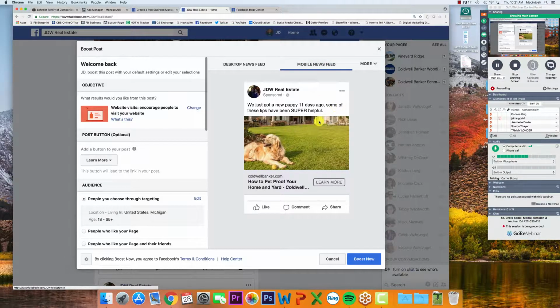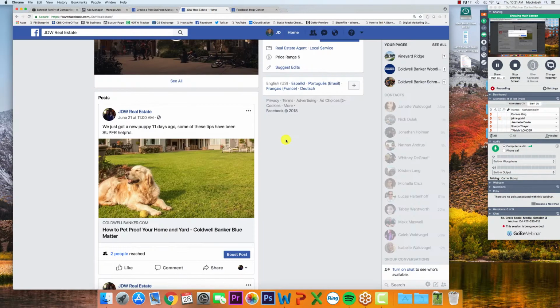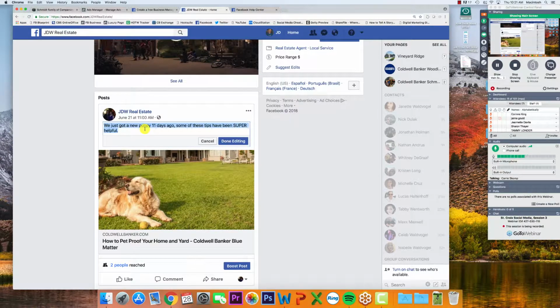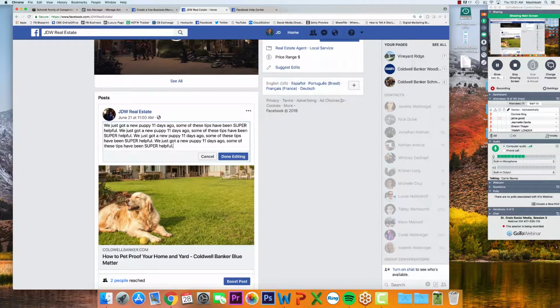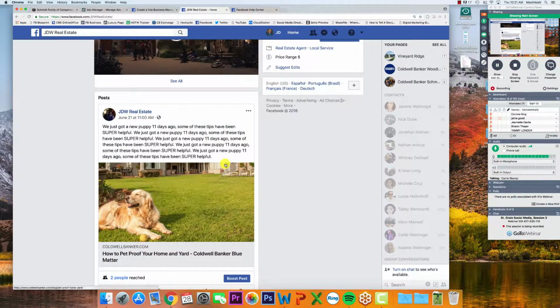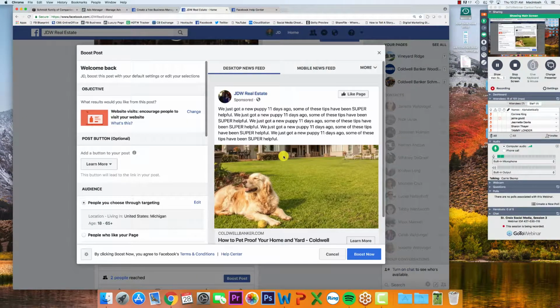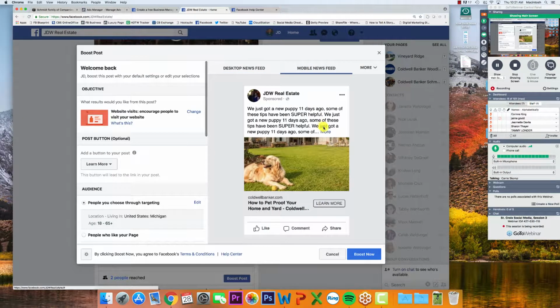Now, if you ever notice a mistake here, if you're looking at your ad and you see I spelled puppy wrong, or you wanted to add some exclamation points or emojis or something like that, you have to click cancel promotion, and then edit it from here because the post is the ad. So I'm going to click edit just to show you. Click these 3 dots right here, click edit post. One other thing I want to show you guys, if I paste, paste, paste. Right, so first of all, I would never actually do all of that as an ad, but I want to show you another thing. If I click boost post, and again, I click on mobile,